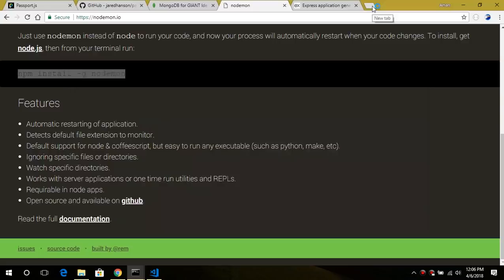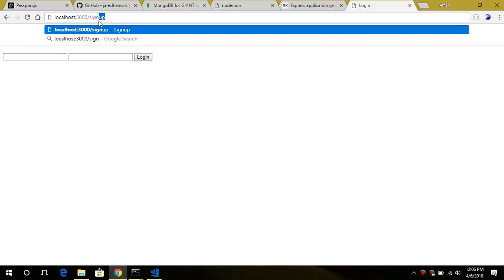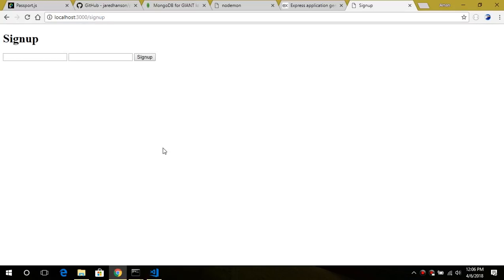Now the server is started, and open this localhost 3000. Try to visit login, and it works. Same for the sign up. Okay,